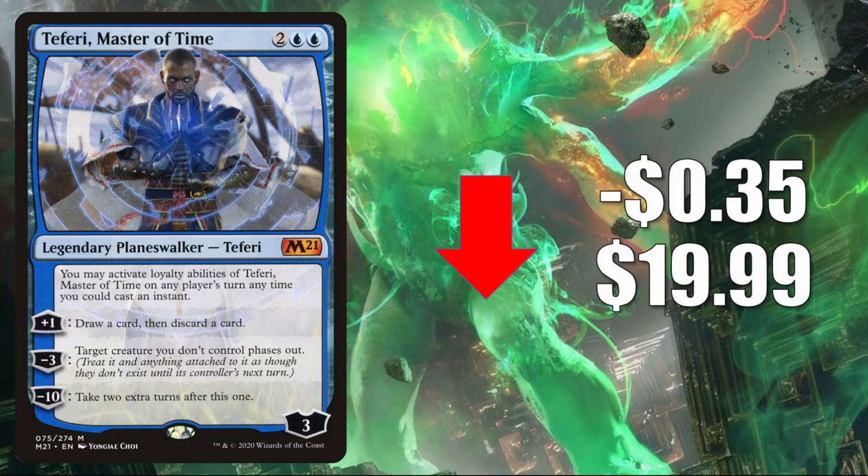Number 10, Teferi, Master of Time. Down 35 cents to $19.99. This continues to lose value. You'll find this in Standard Control builds, Sultai Ramp, and more. It even sees a little Pioneer play in Super Friends builds. On top of that, it is in a number of Commander decks too, including Atraxa Praetor's Voice, which just got